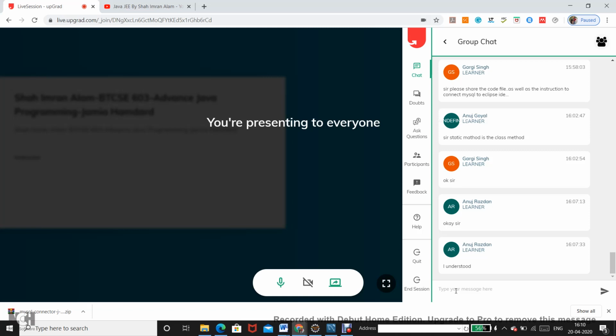Let me type in the chat box, that will be more clear for you to understand. So the class dot forName method, the forName method of the class is basically used to load the driver class from the connector dynamically.